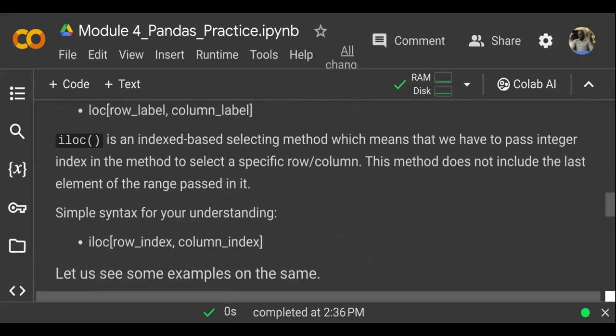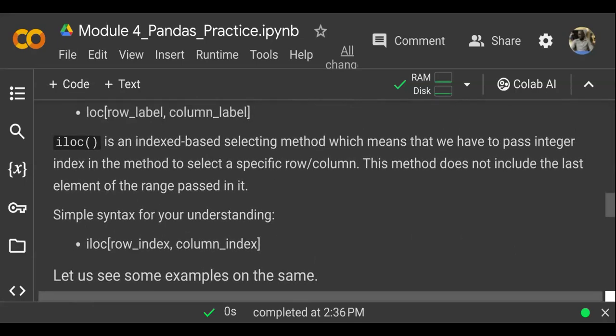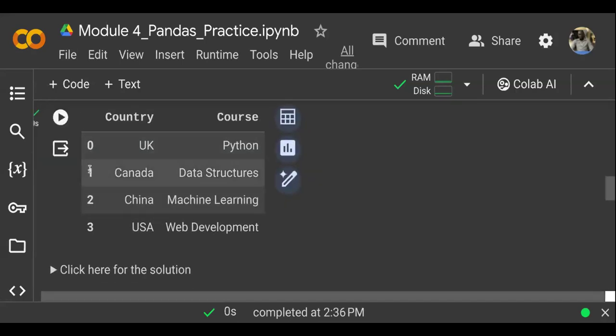Then the next one is iloc. So iloc is index based. And by index based, let's go back to the same data frame here. By index based, we mean you start from the first row, row 0 to 3. So in iloc it is integer, it's index based. This is row 0, row 1, row 2, and row 3. So it's just a coincidence that the names have the same